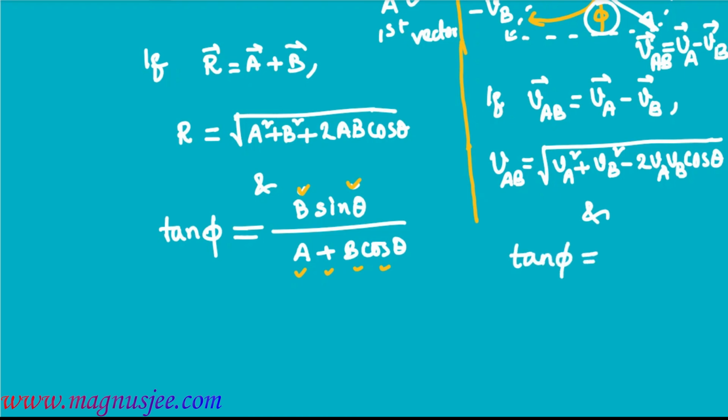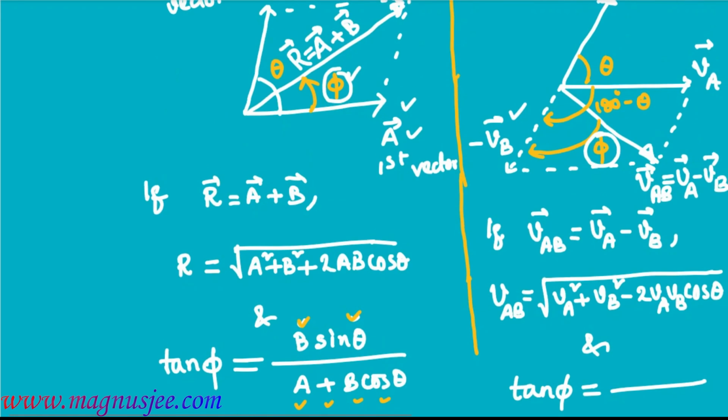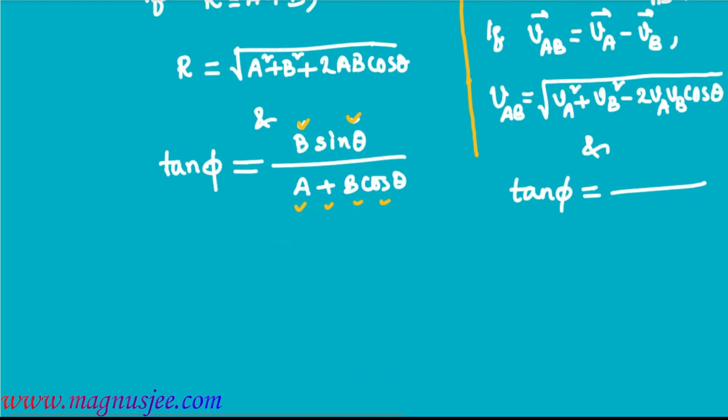So therefore tan phi dash is equal to, as phi is measured with respect to minus vector VB, minus vector VB is the first vector and vector VA is the second vector, to find the expression of tan phi. And we know that tan phi is equal to the magnitude of the second vector, VA sin theta divided by VB minus VA cos theta.